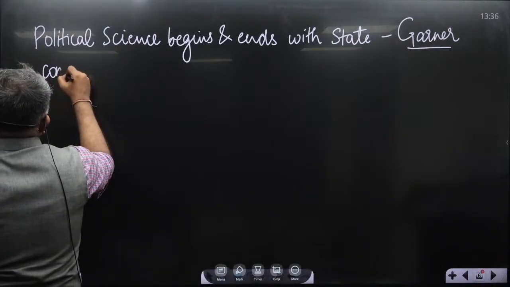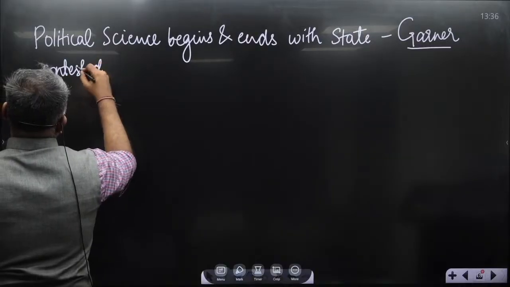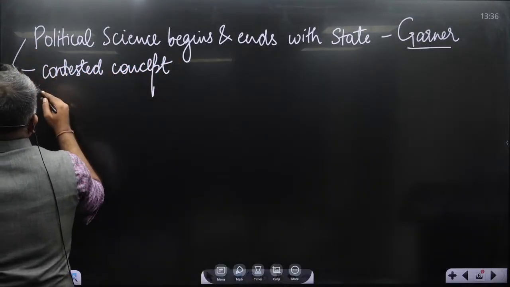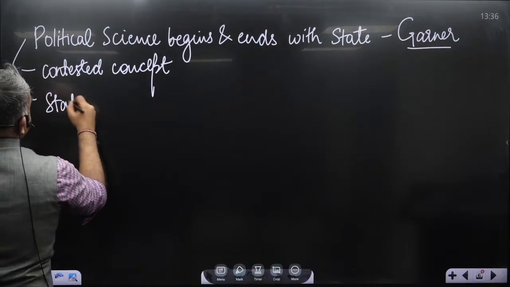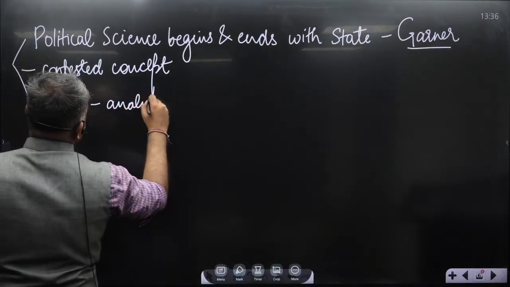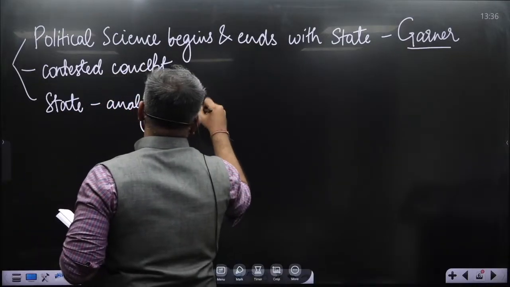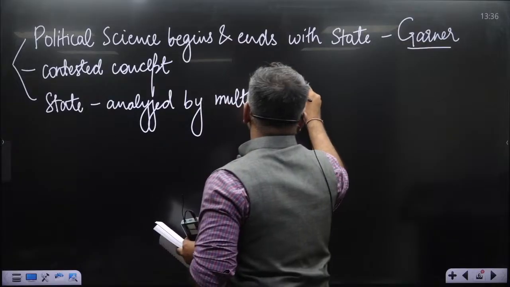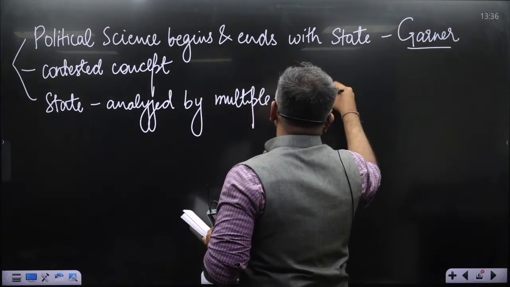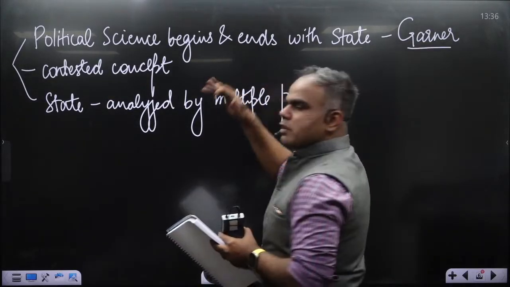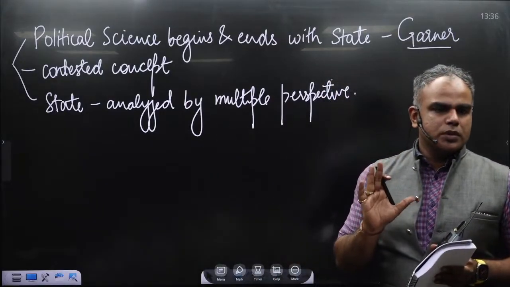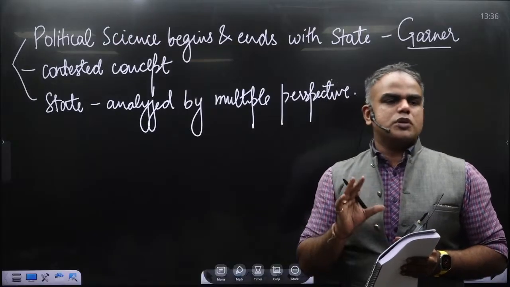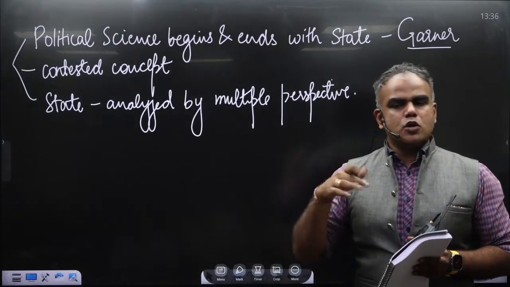वैसे कुछ ऐसे keywords हैं which we can use, or you can talk about the state has been analyzed by multiple perspectives. And then jump to what perspective they are asking you. इसमें से कुछ भी कर सकते हैं use. If it is a 10 marker, of course, directly you can jump to the question itself. Okay? Then don't beat around the bush.